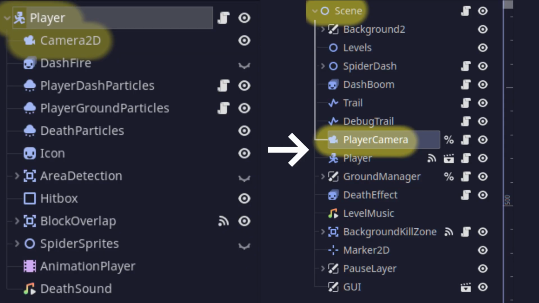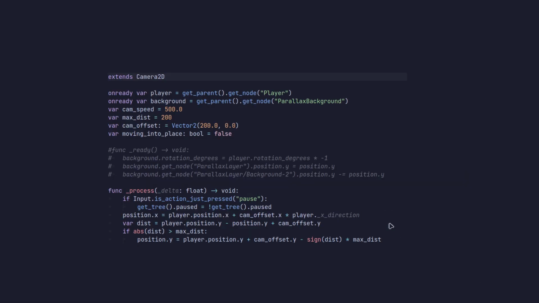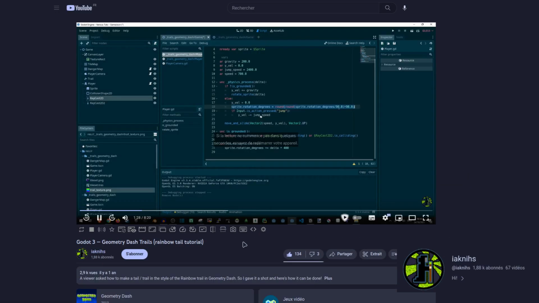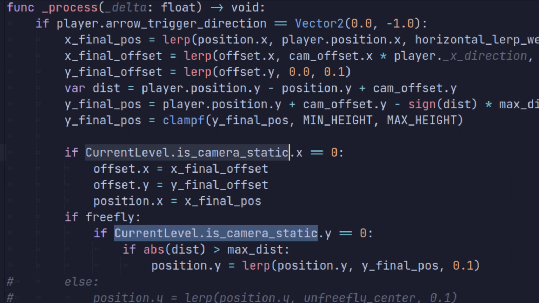Then I had the idea to detach the camera from the player. I had a script to move the camera lying around that I copied from this video by Iacnes. I made it smoother using linear interpolation. Now, the camera could detach from the player's position on the X and Y axis separately at any moment using a variable. But the static was still an issue, because I couldn't find a way to move the camera back